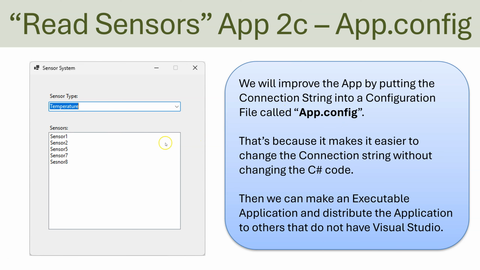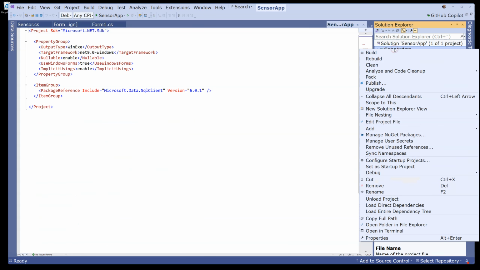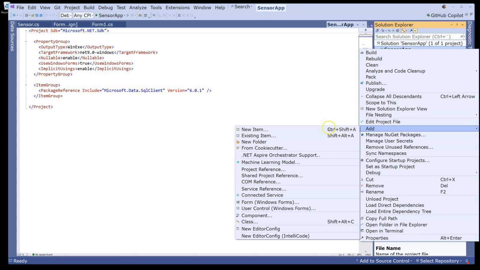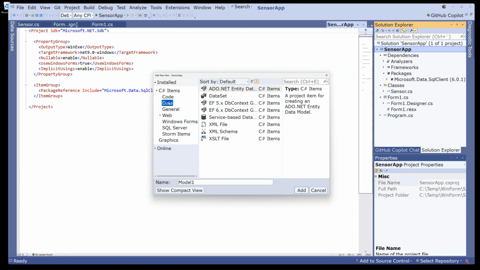So let's see how we can do that. Basically, we just need to create this app.config file. Just right click here, click add new item. Then I can find it here under data, and this configuration file is typically an XML file. So I select this one and change the name to